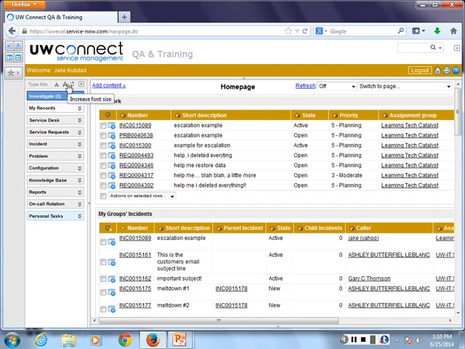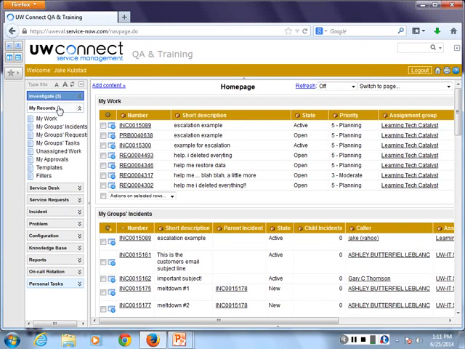In this panel here, we have what is called the Application Navigator. If you were to click on the My Records section, you'll also see a bunch of predefined filters that we've all been provided with. These filters mirror the data you see on your home page. What you see on the home page here at the very top is what is called My Work. My Work is going to be all the records in the system that have been assigned to you. So those are My Records.